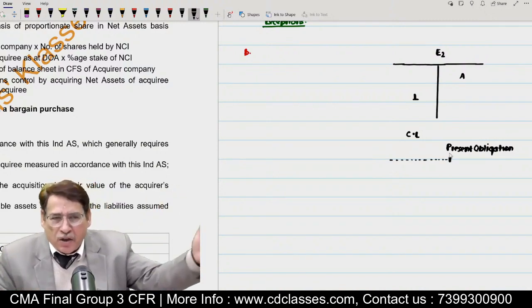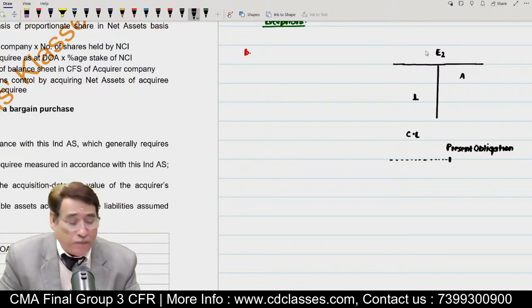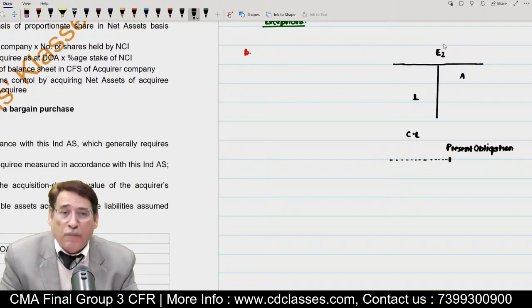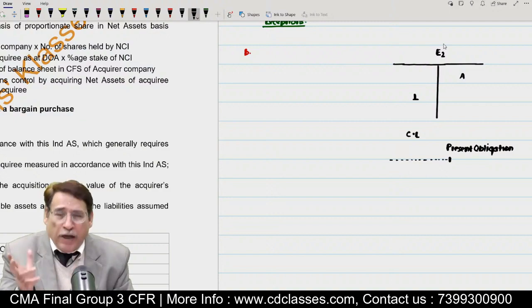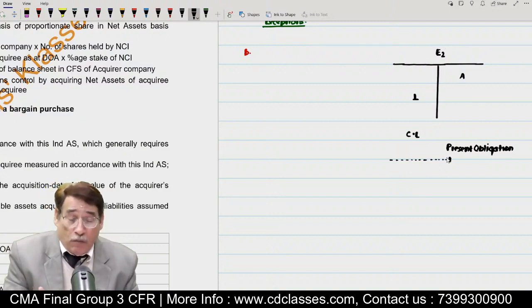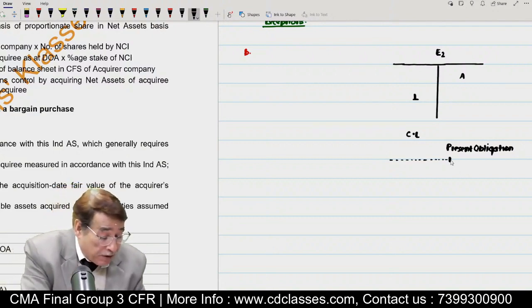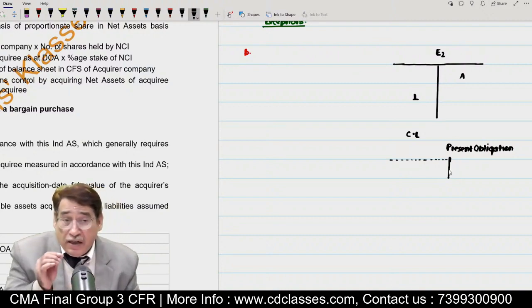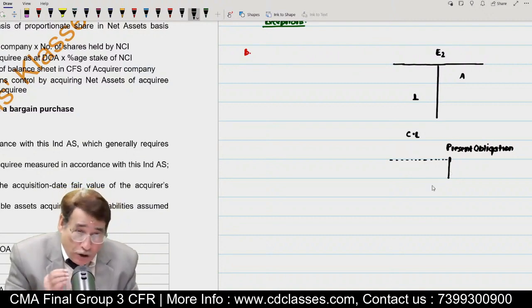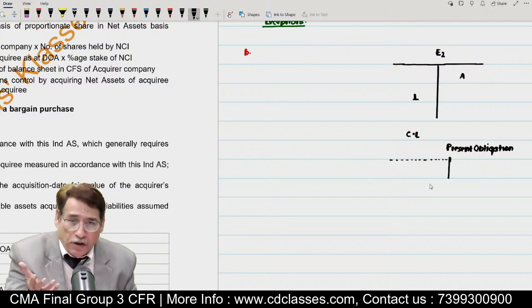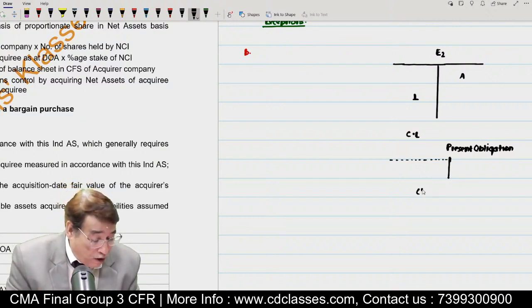Let us say a customer has filed a case against your entity. You are E2, the acquiring entity, and your customer has filed a case against E2. Clear? And the case is still pending. So there is a present obligation because a case has been filed by the customer. But you have considered it a contingent liability because in your opinion, chances of outflow of funds